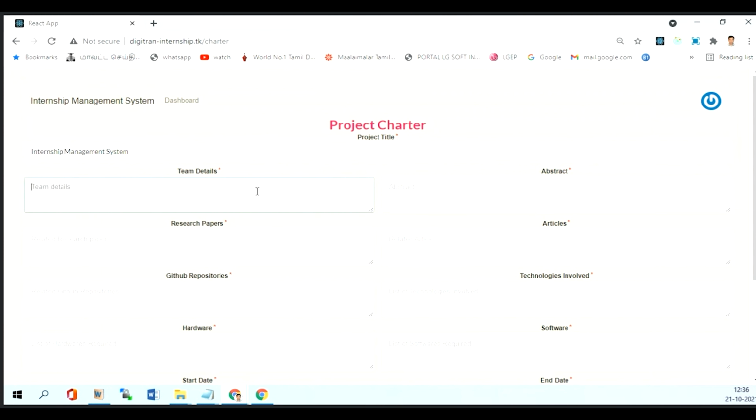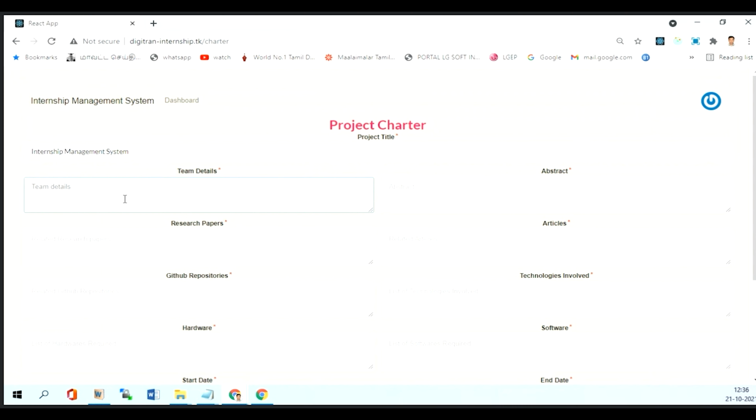So the team detail, as of now, there is a bug in our system. You cannot copy paste from other team members. So write your name first and then the other names following that. Then you can avoid the problem. It will not allow this, so it's looking for some unique entity here.